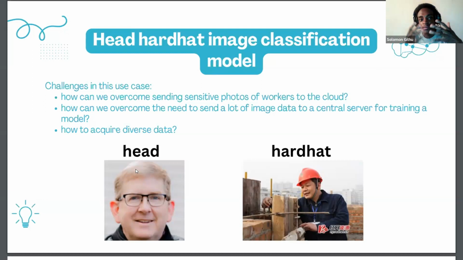If we decide to use the centralized or, let's say, traditional machine learning approach, what we will have done is, we have security cameras in construction sites, and each security camera is taking some images or some videos of the workers at the construction site. It takes those images and then uploads them to the cloud. In another construction site, let's say number two, you have the same thing. You have a camera which is taking videos and images of the workers, and then it's sending it to the cloud.